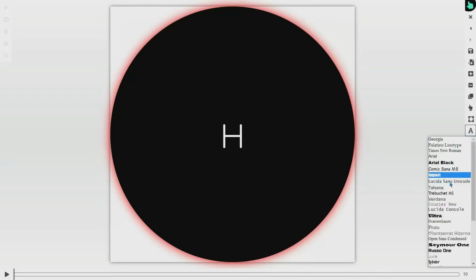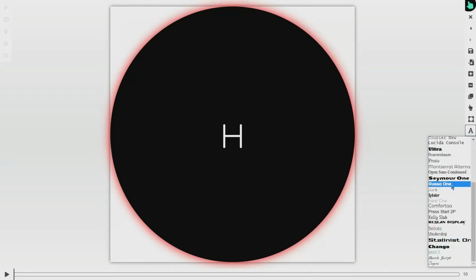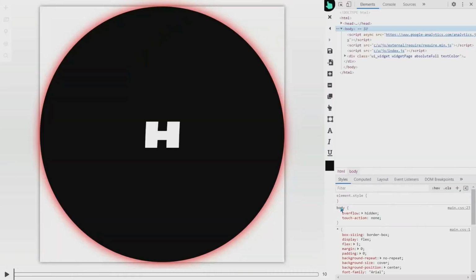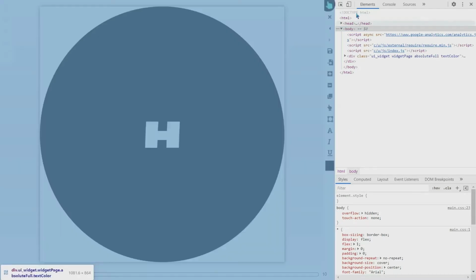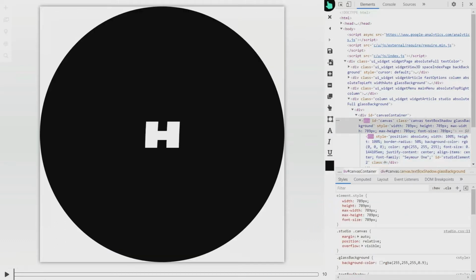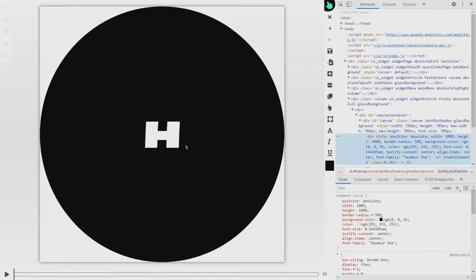I want to change its font. I think this one is nice. It's the same to update the HTML from here or from DevTools. I prefer DevTools and graphical editing, but it's just pure HTML and CSS imported here and created states here to make animation. Okay, so let me increase the font size a little bit